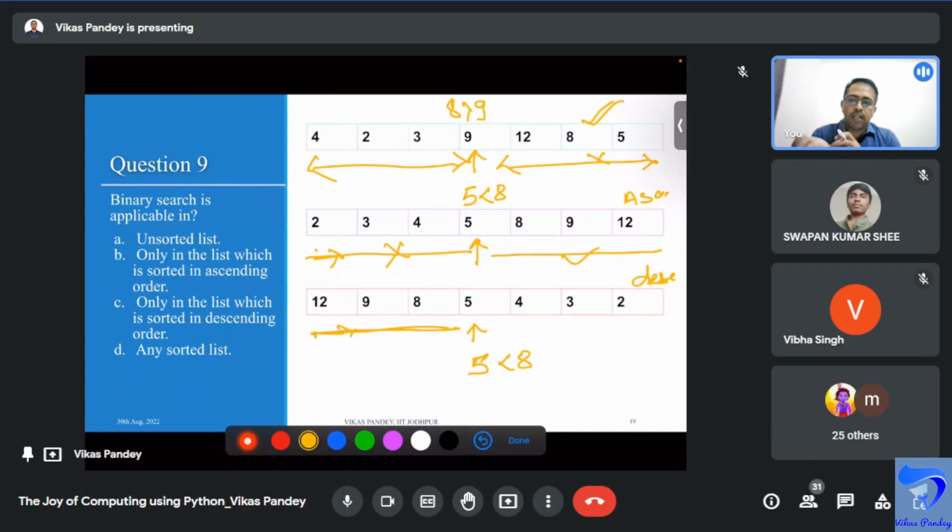So what will be the answer in this case? D. D, yes, any sorted list. Okay,